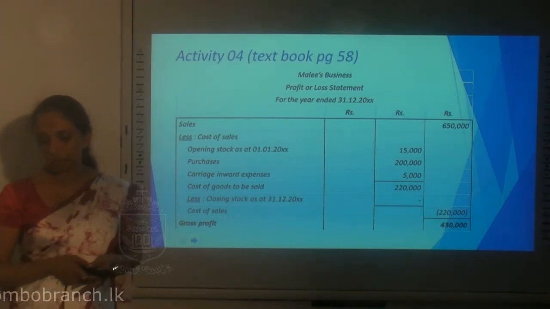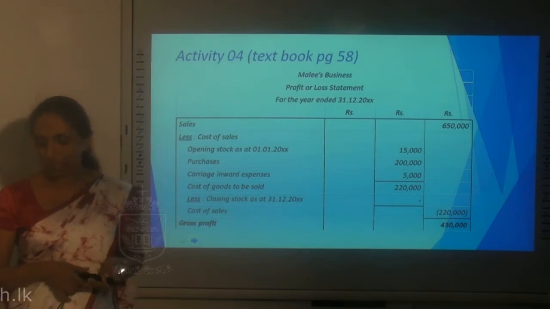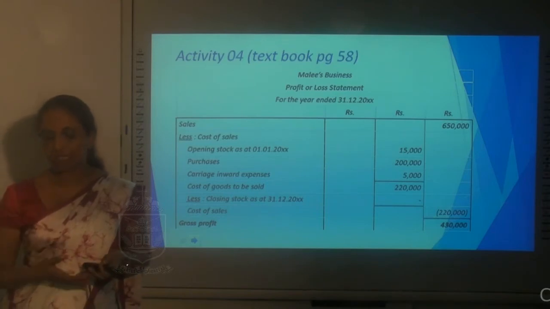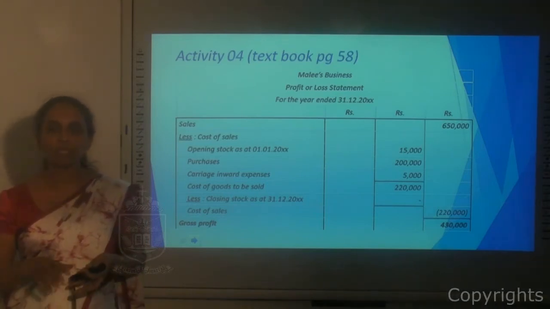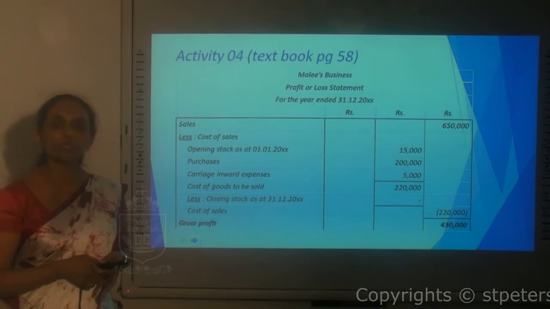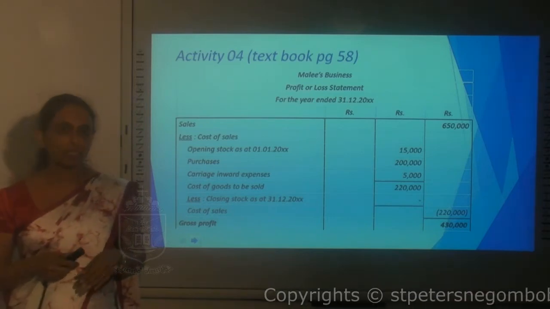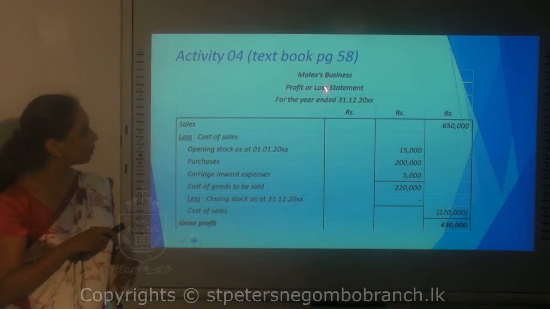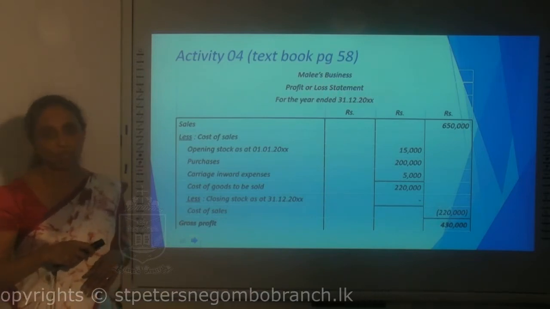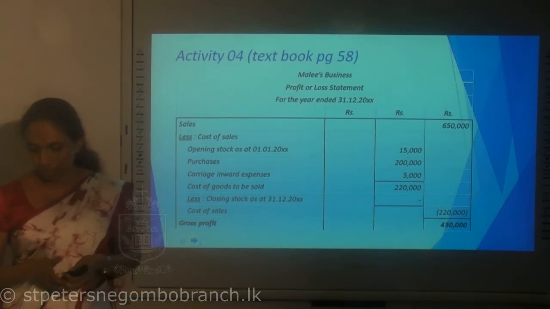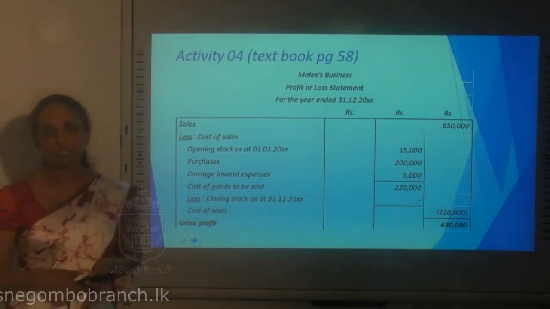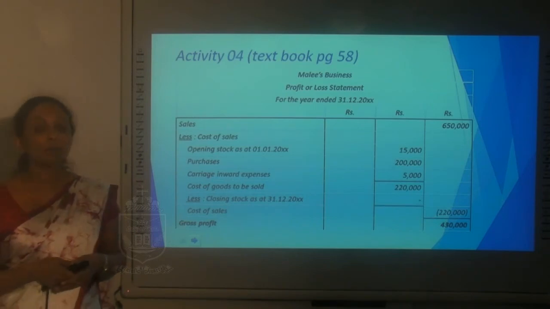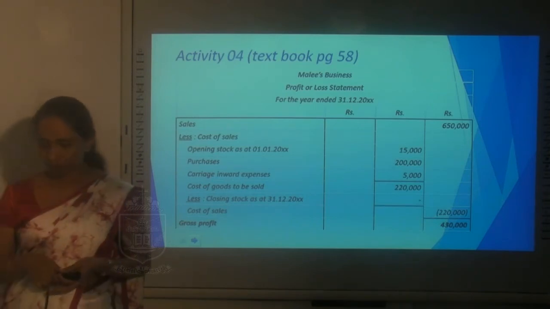In the first part of the question you are asked to calculate separately the cost of sales, gross profit, administration expenses, other income and all the figures separately, but I am not going to do the individual items, and straight away I have been preparing the profit or loss statement. So therefore I will straight away go to part 2 of this question, and it asks you to prepare the profit or loss statement.